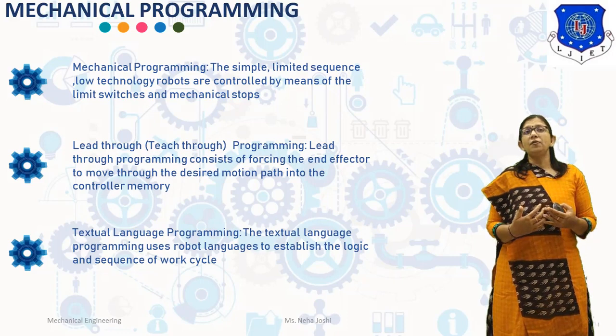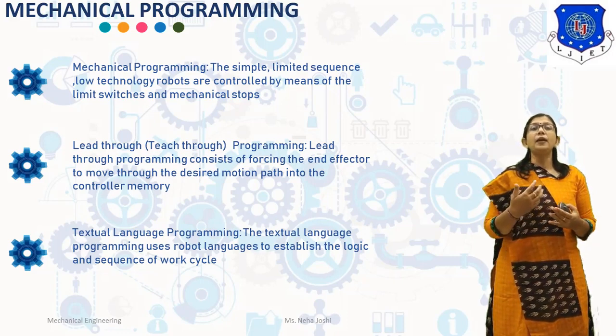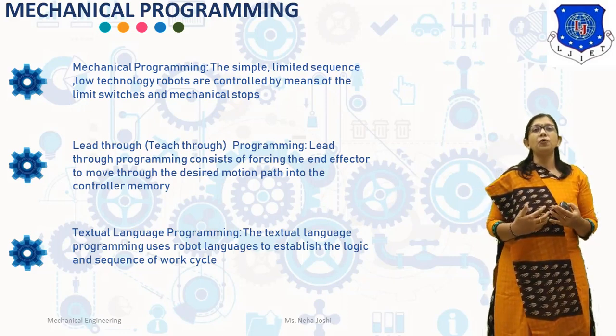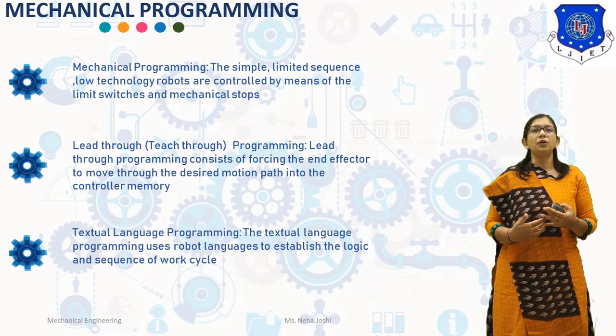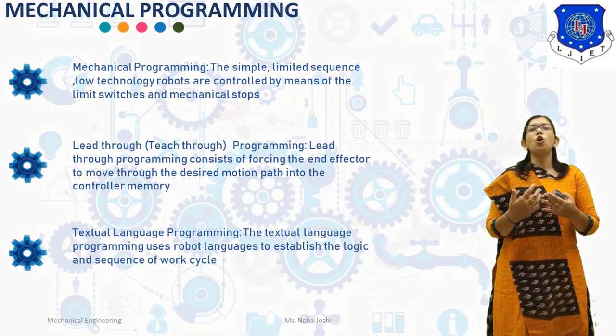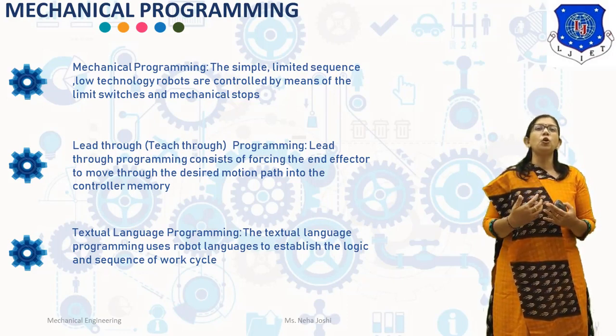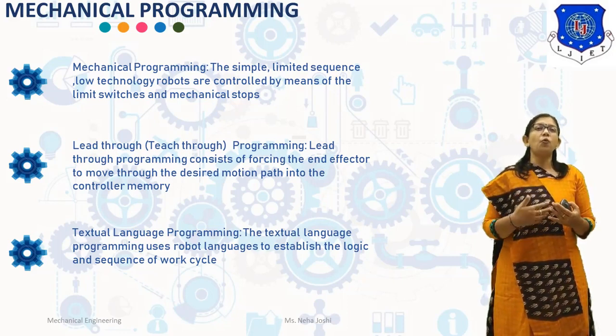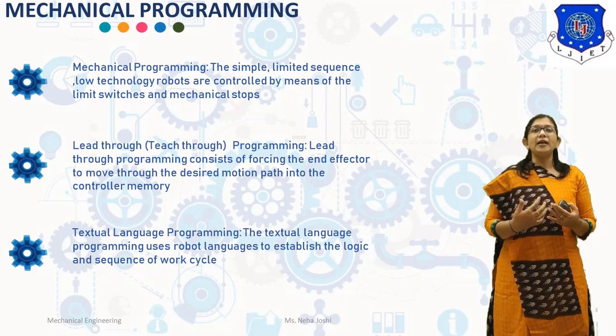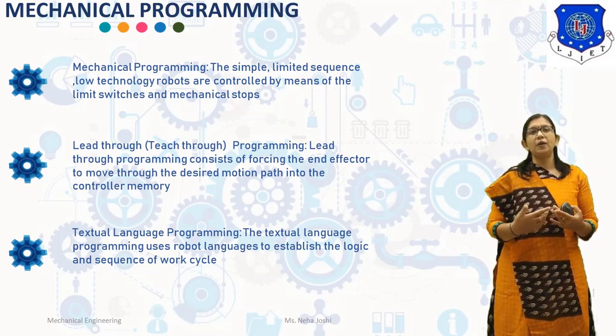Now, what is the second generation language? It can accomplish complex motion, can perform complex arithmetic computation during the program execution, and can make use of complex sensors. They have better capacity to communicate with other computers. The second generation language also uses a teach pendant to define the location in the work envelope. The second generation language makes the robot more intelligent. Some examples of second generation language are AML, RAIL, MCL, and VAL.